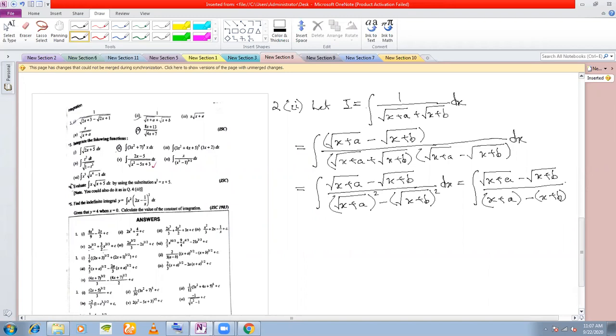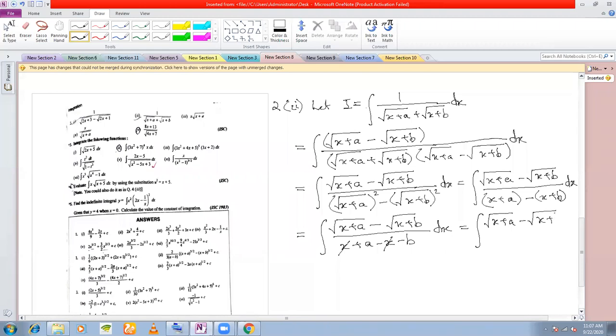Now we'll open the brackets and see that x will cancel in the denominator. Root x plus a minus root x plus b divided by x plus a minus x minus b dx is equal to, see, x cancels here. So you're simply left with root x plus a minus root x plus b divided by a minus b